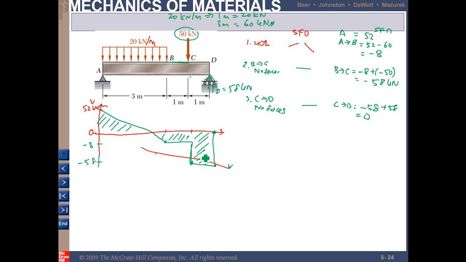Okay, so the maximum bending moment occurs at V equal to 0, or at X equal to 2.6 meter. So the maximum moment occurs when V is equal to 0, which is here. So this is V equal to 0. And the distance of this is actually